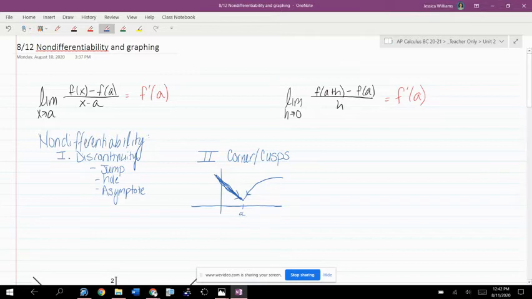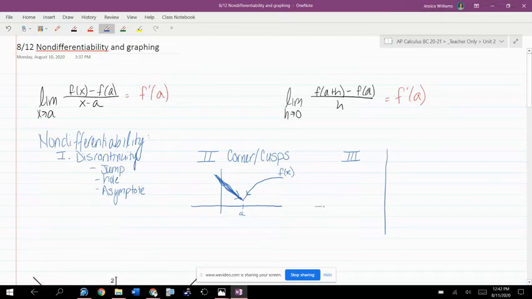So the limit of this function exists. We can call this f of x. So the limit as x approaches a of f of x absolutely exists, but the derivative on either side of a is not going to be the same. So you can't take a derivative at a for that one. The last one